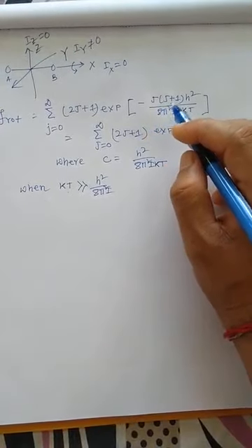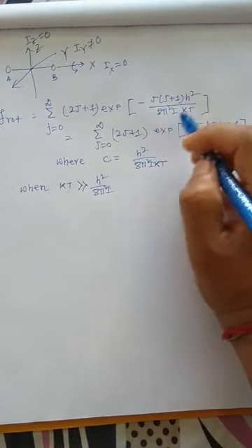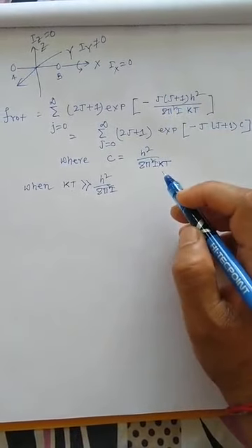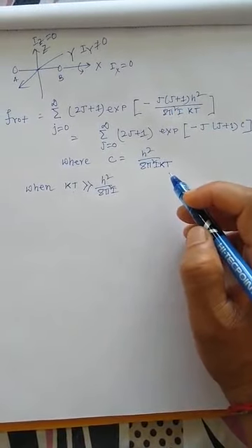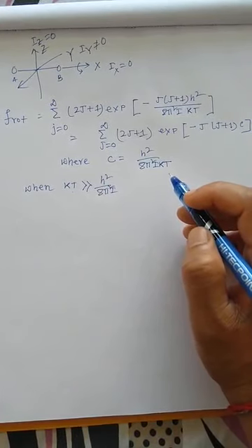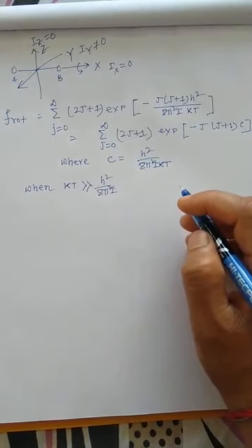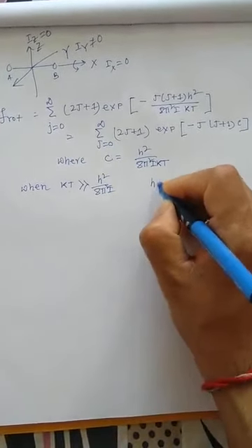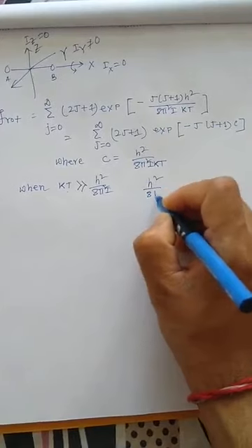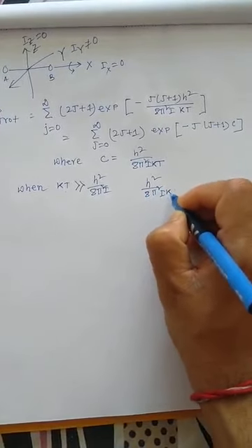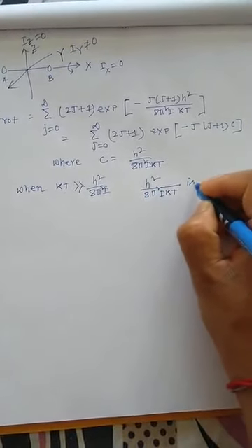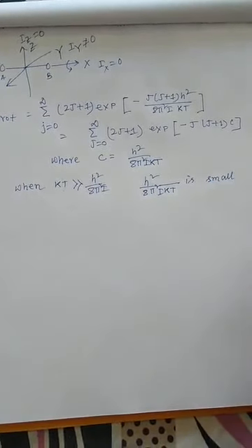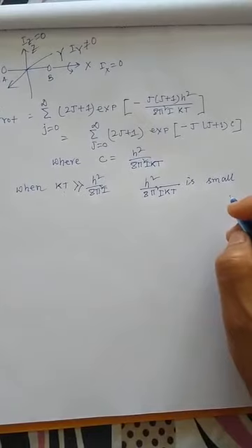That means if the value of x decreases, then the overall term increases, because it is e to the power minus x. So the spacing between neighboring rotational energy levels becomes larger than that between the translational energy levels. But it is still found that for practically all molecules, this h square by 8 pi square I kT is small, small enough so that the successive rotational energy levels are closer to one another.